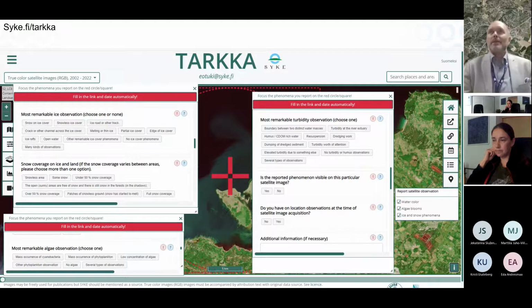So what actually happens in this view is that when you tick those boxes, you will get one dialog window for each of these types of observations, and then you can classify the things that you see in the satellite image, and the classification is fixed by us so that every observer or user of the Tarkka user interface can submit similar types of data. I will actually highlight it also from the